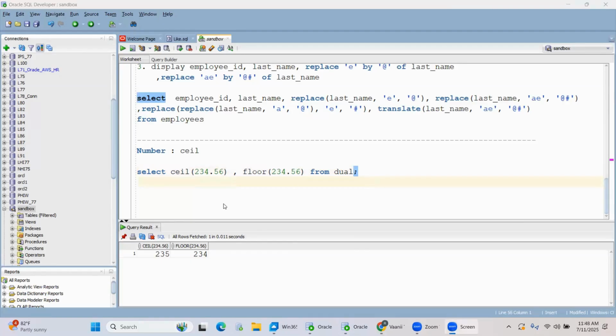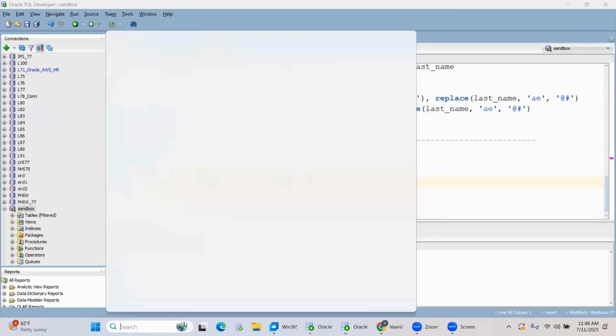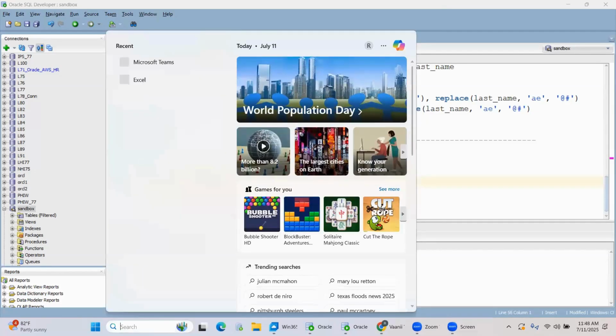If I can write here, let's write 4.56 here. Okay. And then we'll go to 234. So suppose you are going to live in a building,